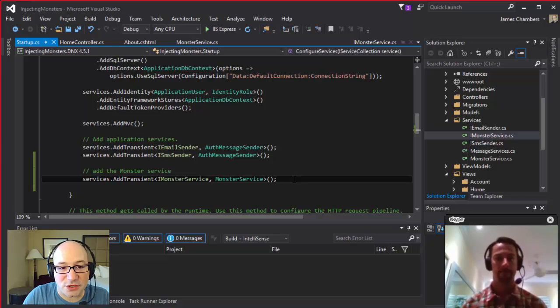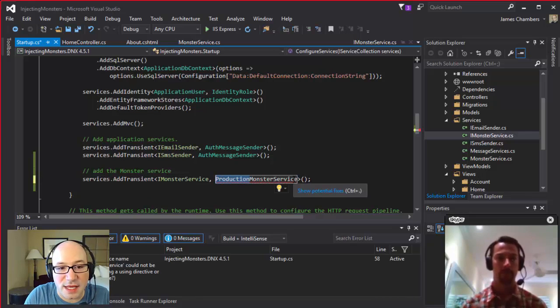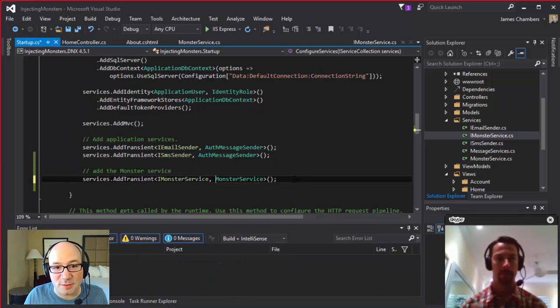And you would do that here. So we have a monster service, but you might have a production monster service or a fake monster service or something that you want to run in the development environment, or perhaps by some other configuration flag that you just decide that you wanted to use a different one. So this is